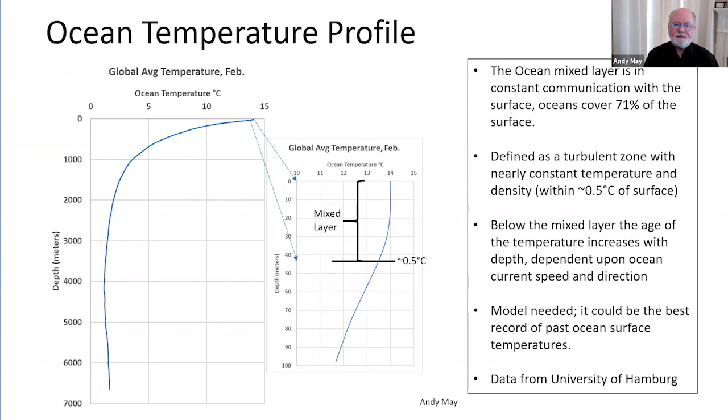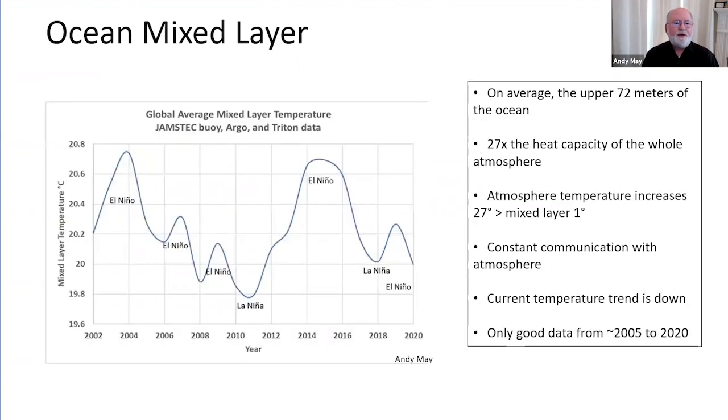It would be nice to build a model rather than building an atmospheric model. It would be nice to build a model of temperature change with depth and the age of those temperatures. I think we might get a better grasp on past temperatures by looking at the deep ocean. Here's a mixed layer plot